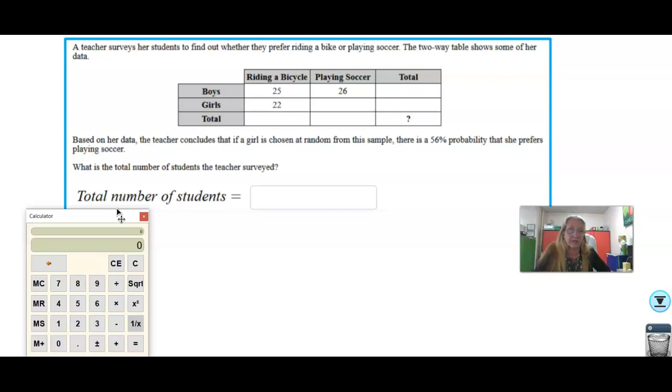So we need to fill out this chart, okay? And the only hint they're giving us is that 56% of girls chose soccer, but they didn't give us a number, so we're gonna have to figure out what that number is. First of all, let's see, how many total boys were there? Well, 25 plus 26 gives us 51. So there's 51 boys, okay? We don't know the total number of students. We do know that this amount here is 56% of all the girls, okay? So the amount we don't know,